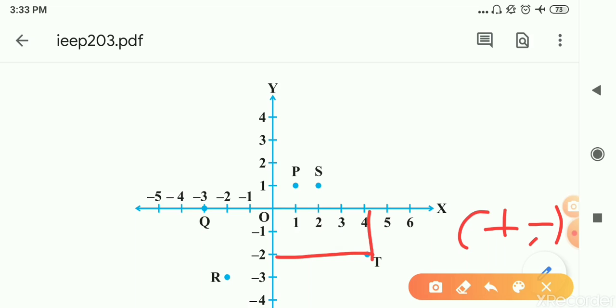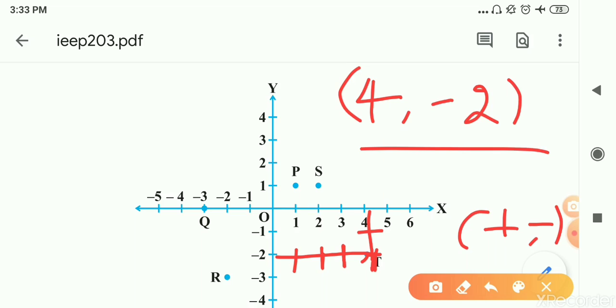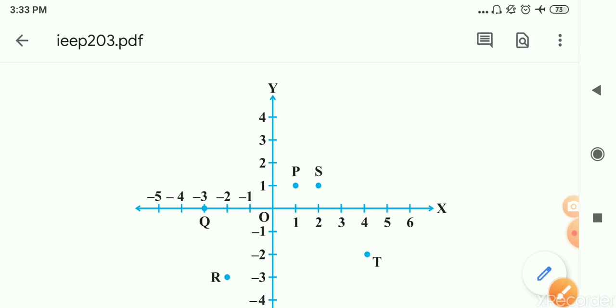As you can see, this point is lying at 4 units distance from the y-axis, so its abscissa should be plus 4, and from the x-axis it is lying at 2 units away, so we can say that the ordinate would be minus 2 since it is lying in the fourth quadrant, which indicates the signs plus and minus. So the coordinates of point T is 4 comma minus 2. Got it? Okay,